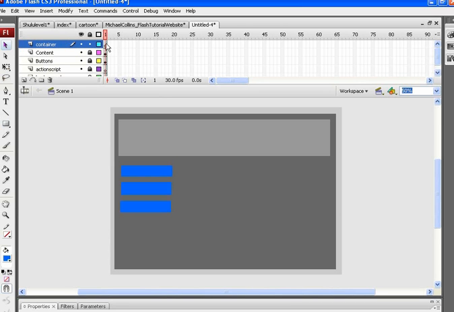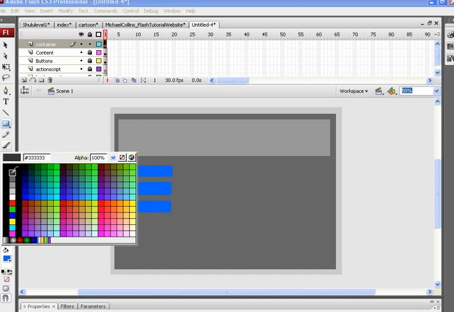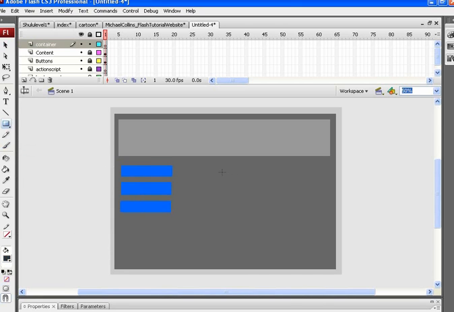Now the container layer, click on the container frame, and I'm going to click create. We'll click on the rectangle tool, change the color. Let's pick a darker gray, and I'm going to click and drag and create a container for my images. Now